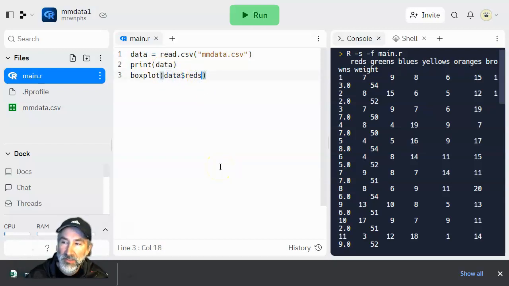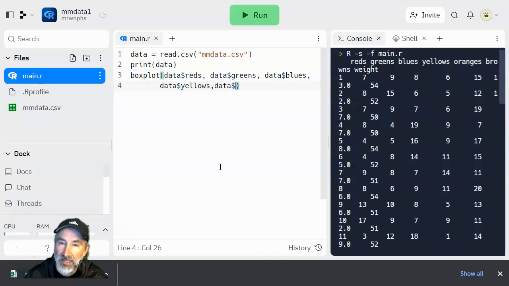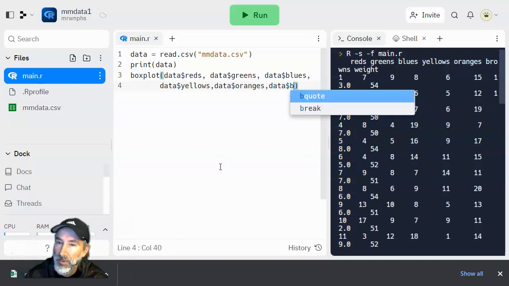So we're going to go data$reds, data$greens. Again, whatever your header says, comma, space, data$blues, comma. I'm going to hit the enter key so that I can keep it all on the same screen so you can see it. Data$yellows, comma, data$oranges, comma, data$browns,